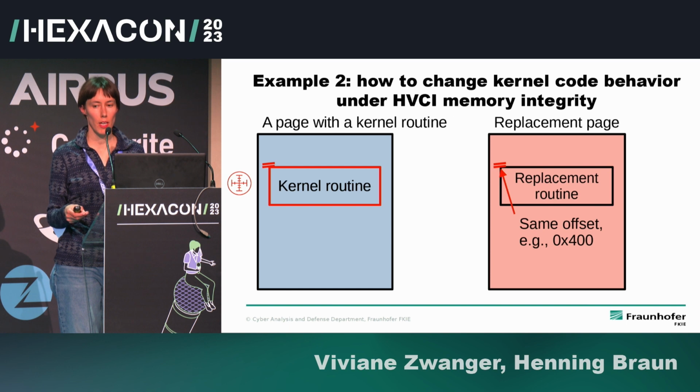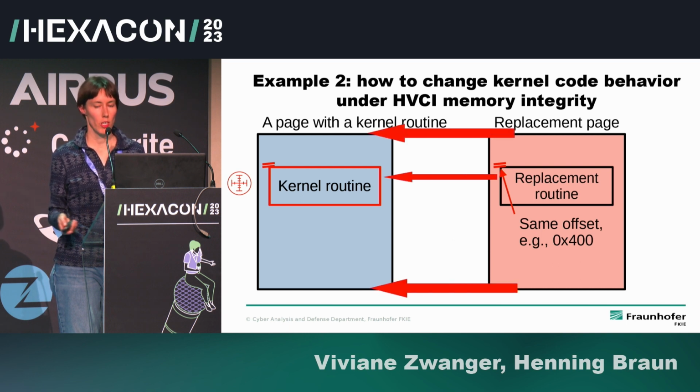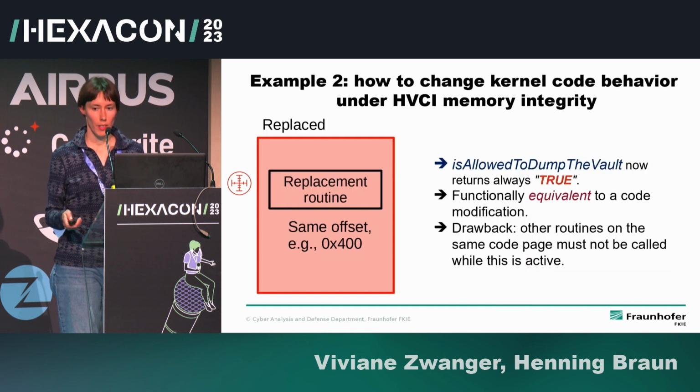And yes, that's almost it. Maybe this routine also should not have many side effects. Best is a routine that does nothing. Well, and then you just change the page frame numbers and you're already done. And so you end up with a kernel routine replaced, yet it wasn't really replaced. We just messed with the translation system. But functionally, it's equivalent to code modification,